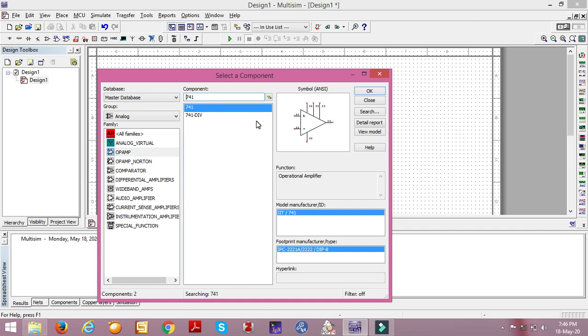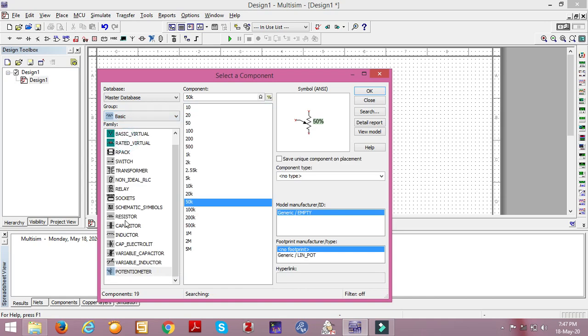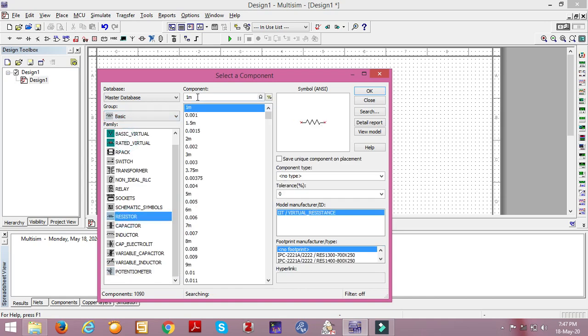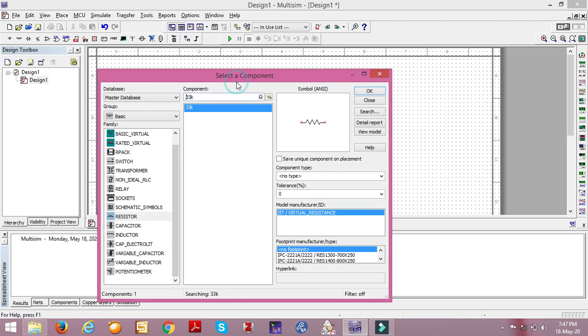Next I want to choose a set of resistors. Feedback resistor 33K, 1K input resistor.